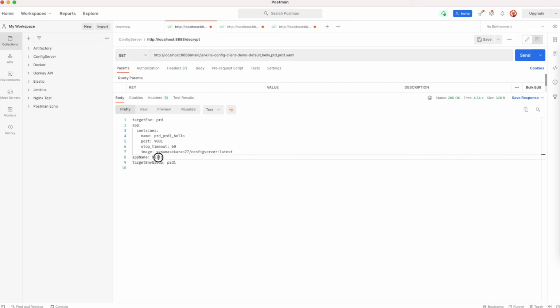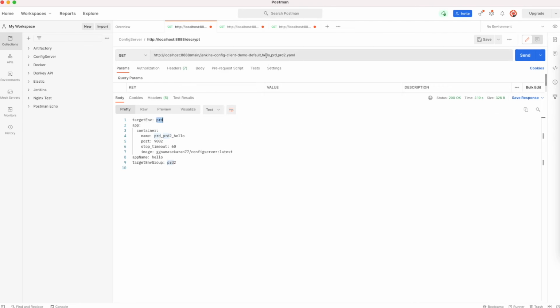My application is still hello. Now let's say group 2. So the port is changed and the target ENV group is changed, but target ENV is still prod.